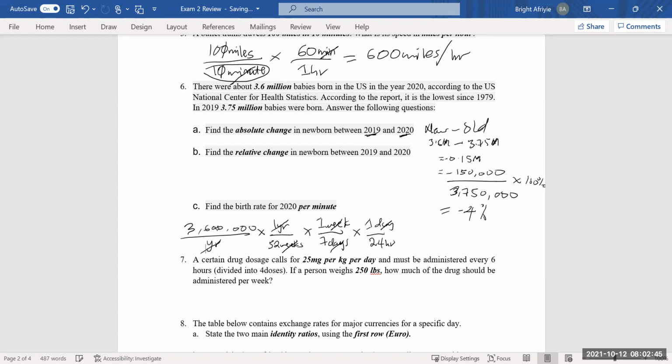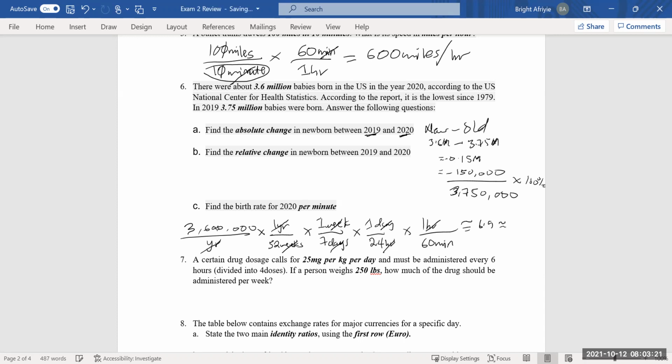But we want to get into what? Minutes. All right, and then we know that 1 hour has 60 minutes, so that hours can take care of hours. So at the end of the day, we are going to do 3.6 million divided by 52 by 7 by 24 by 60. Okay, now if you do that division, that should give you about